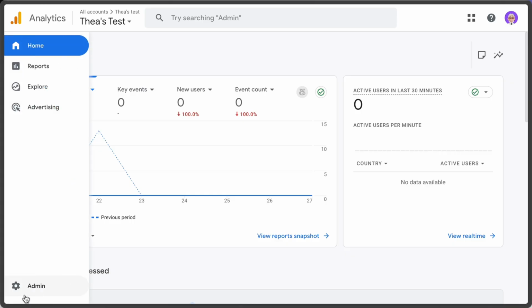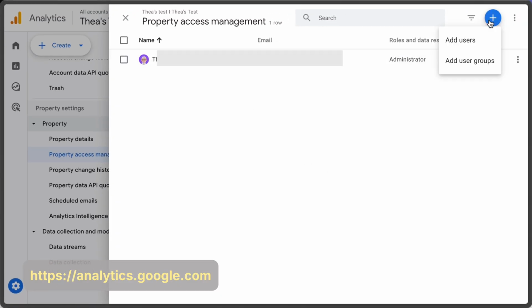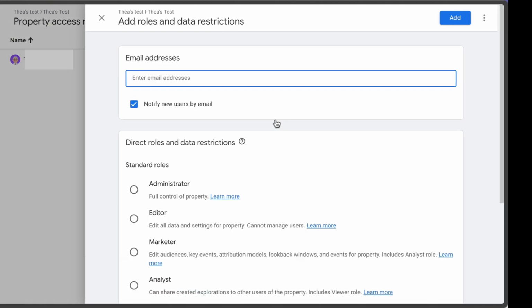Then open Google Analytics, go to Admin, Property Access Management, add the Service Account's client email as a user with viewer at the property level,